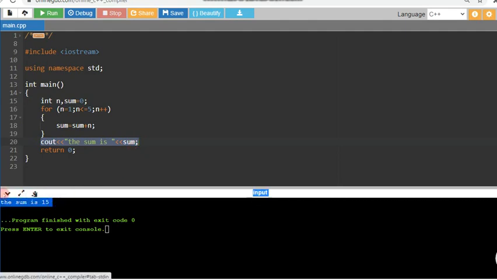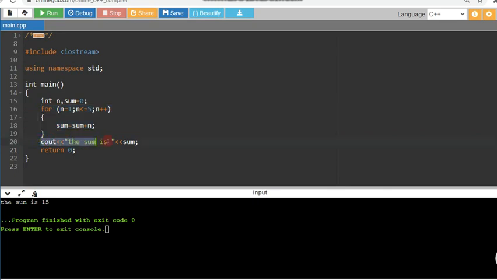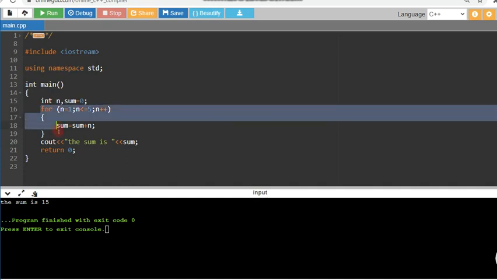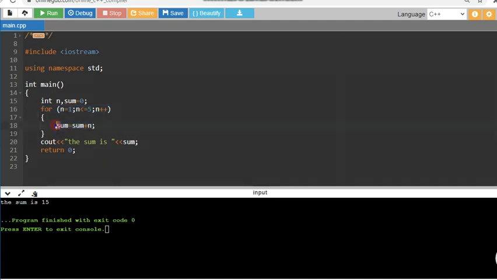Okay, this was the explanation. Now suppose, students, you might have a doubt: why is the cout statement written after the loop? After I find out the sum, the final result I want to bring on my screen. The job is getting done within the loop, that is the processing, the process going on in between the loop. So after the loop is over, it will come out and show you the result. That's why I kept it outside.